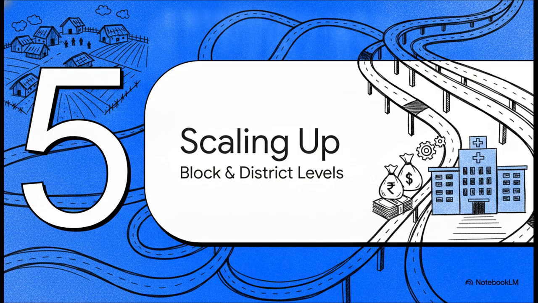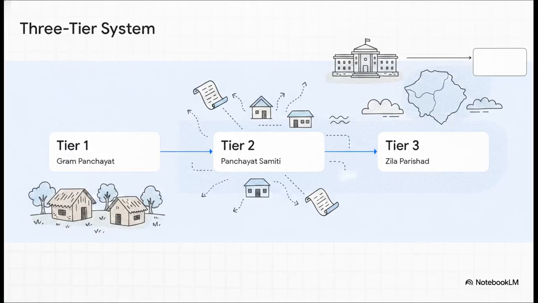Section 5, Scaling Up, Block and District Levels. Okay, so all of this village-level action is amazing. But what happens when a village needs something bigger? Say, a massive paved road connecting multiple regions or a large hospital. The Panchayati Raj handles this with a 3-tier system that works from the bottom up. Step 1, right at the base, is the village parishad, or Gram Panchayat we just talked about. Step 2 is the block panchayat, or Panchayat Samiti. This acts as a really crucial link by collecting the development plans from all the individual villages in a given